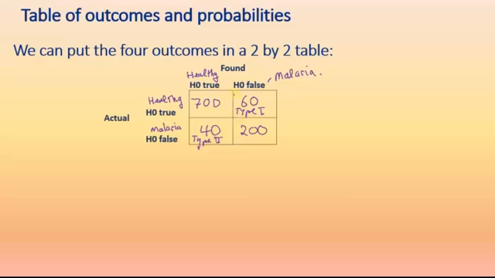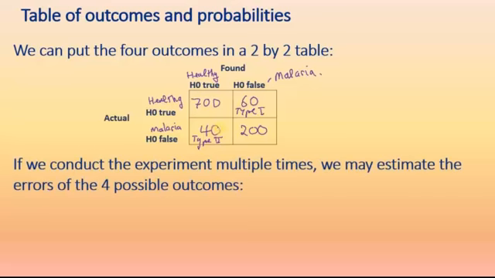So out of 1,000 total trials, I have 60 type 1 errors. Out of 1,000 total trials, I have 40 type 2 errors. All right, so let's use this trial to estimate the probabilities of the 4 possible outcomes. I shouldn't say error, this should say probabilities. Now, when you do an experiment like this and you estimate probability, you take the ratio, you take the